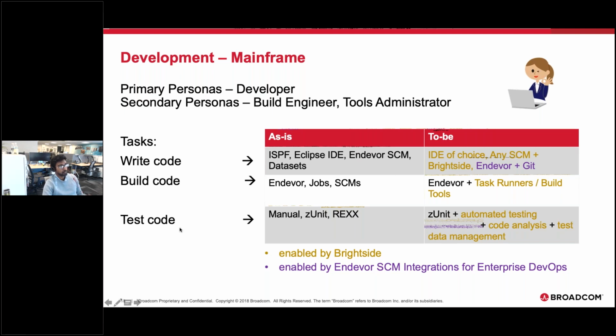Finally, with testing code, a lot of it is done today using, maybe for unit testing, there's ZUnit. Some of the system-oriented testing is done in languages like Rex, but the majority of the testing is just done manually. Or I've even heard cases where developers just push that off to the next stage, to maybe the QA stage, and they just rely on them to do the testing. Now, where we want to move this is